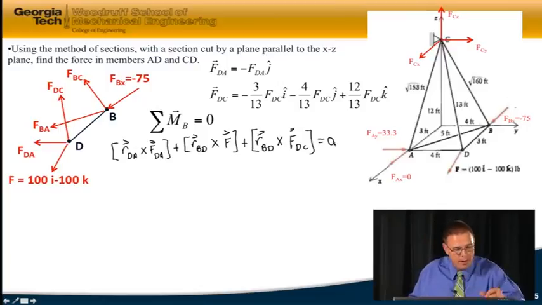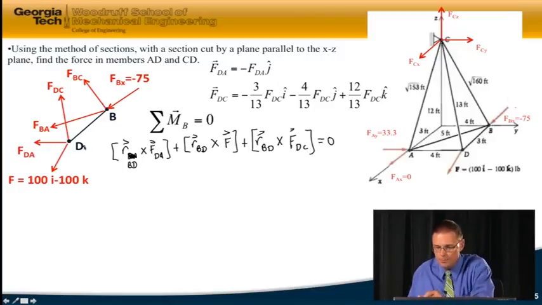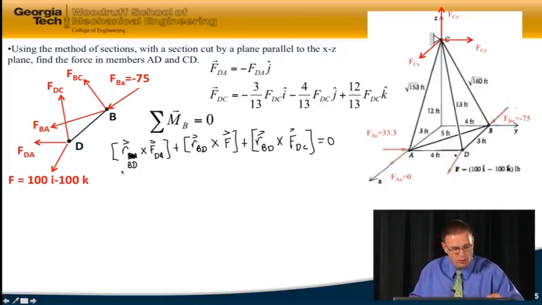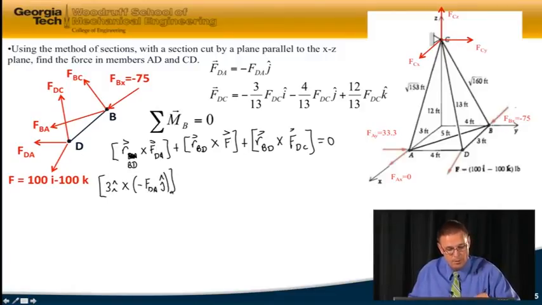We'll go ahead and put our values in. Actually, I wrote this incorrectly here. This should be not R from D to A, but the position vector R from B to D. I think I said it correctly and wrote the wrong term. So all of these position vectors are to a point along the line of action of these three forces, and that's going to be 3 feet in the I direction. So I've got RBD is 3I, crossed with FDA we found to be minus FDA in the J direction,